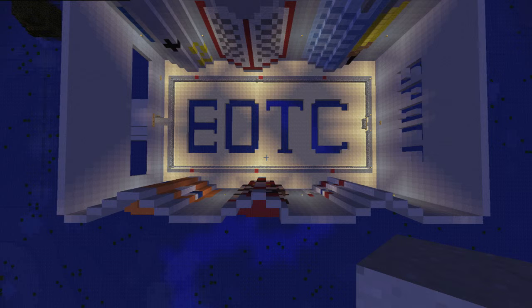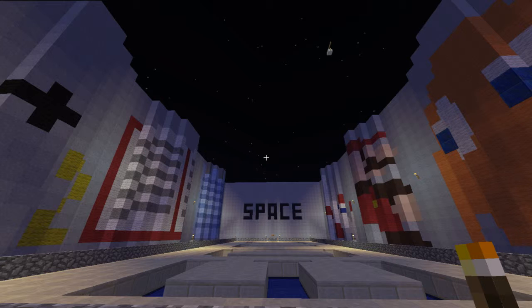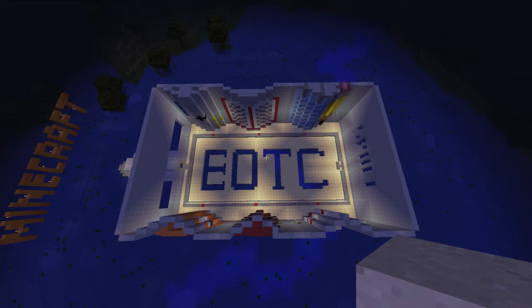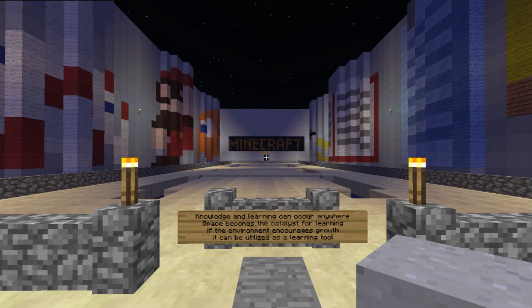I wanted to give the player a choice in how they would view the memorial. I gave them two different directions, and I encouraged them to see it from multiple angles. But all in all, the message is always the same. You see games on one side, you see education on the other, and it's clear that Minecraft exists somewhere in between.